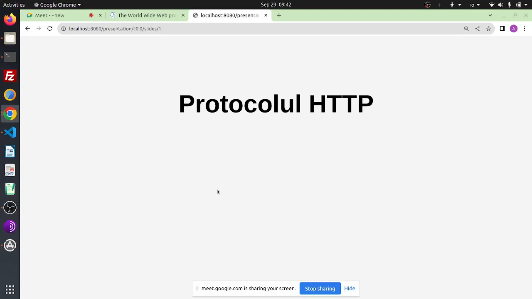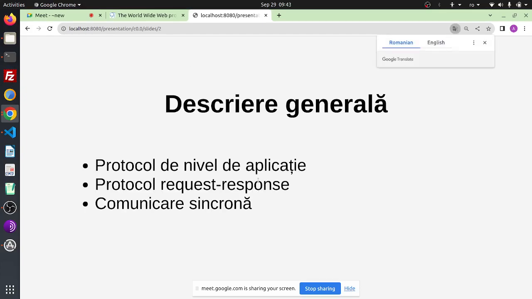Okay, so we're talking, like I said, about the HTTP protocol. And its main characteristics are that it's an application level protocol. And this whole idea of level comes from the fact that network communication is complicated in the sense that it encompasses so many things. Right, so at the level of the HTTP, the logic that we're going to follow is